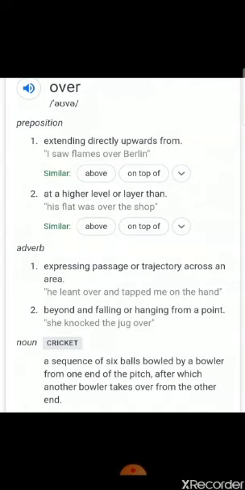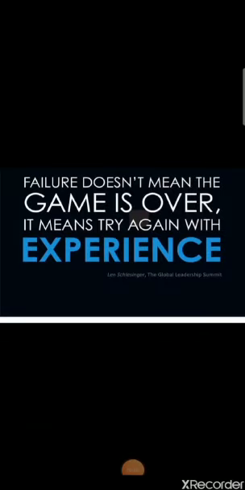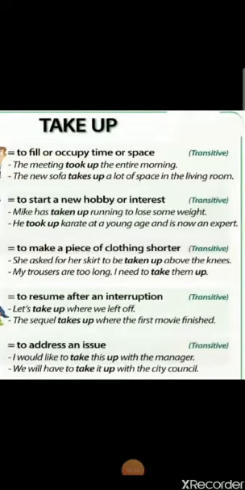Okay, so continue. Then 2 years ago a friend took her sailing for the first time. She loved it, but she didn't want to be a passenger. She wanted to sail a boat herself. So she took up sailing as a way to become more confident. As we know, we can use the same word in different contexts. Here take up or took up means she started a new hobby or new interest.